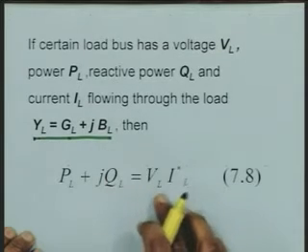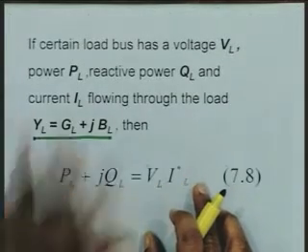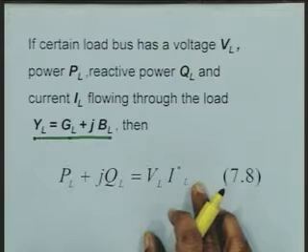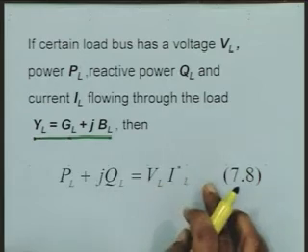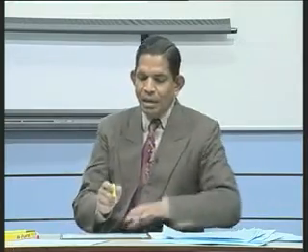Load voltage is VL. Therefore, IL star is going to be VL star into YL star. VL into VL star becomes VL square, and YL star becomes GL minus J times BL. So we can write this load as VL square into GL minus J times BL,